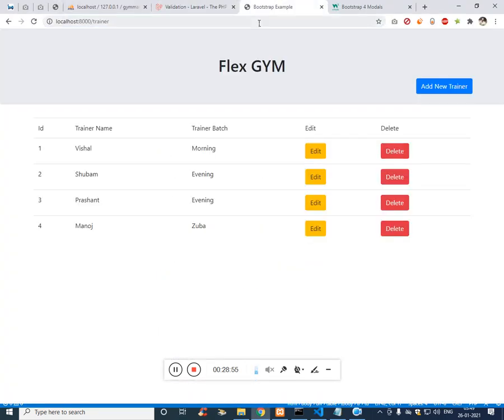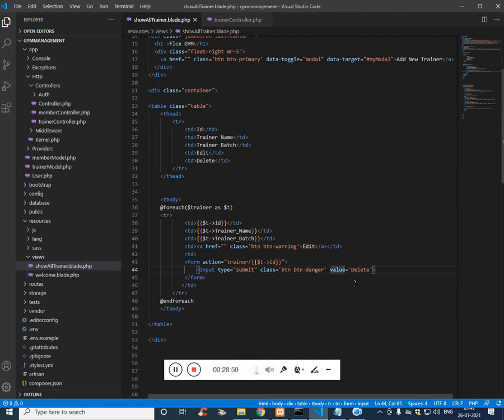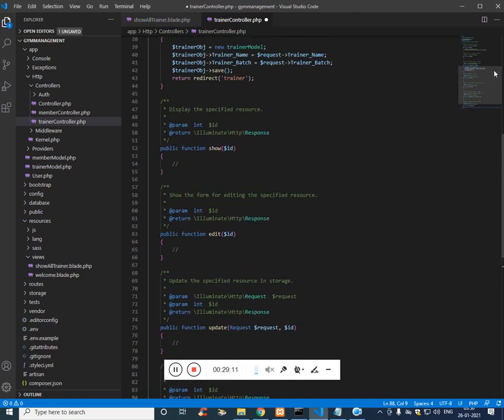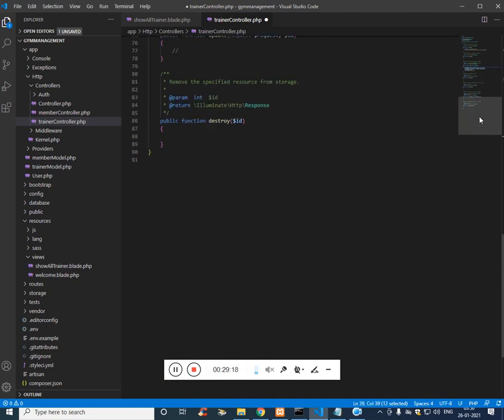Now if you see, there would be no difference on design, but when I click on submit of this form, the data will be passed through the destroy function. So here the destroy function, again we have to use the model.